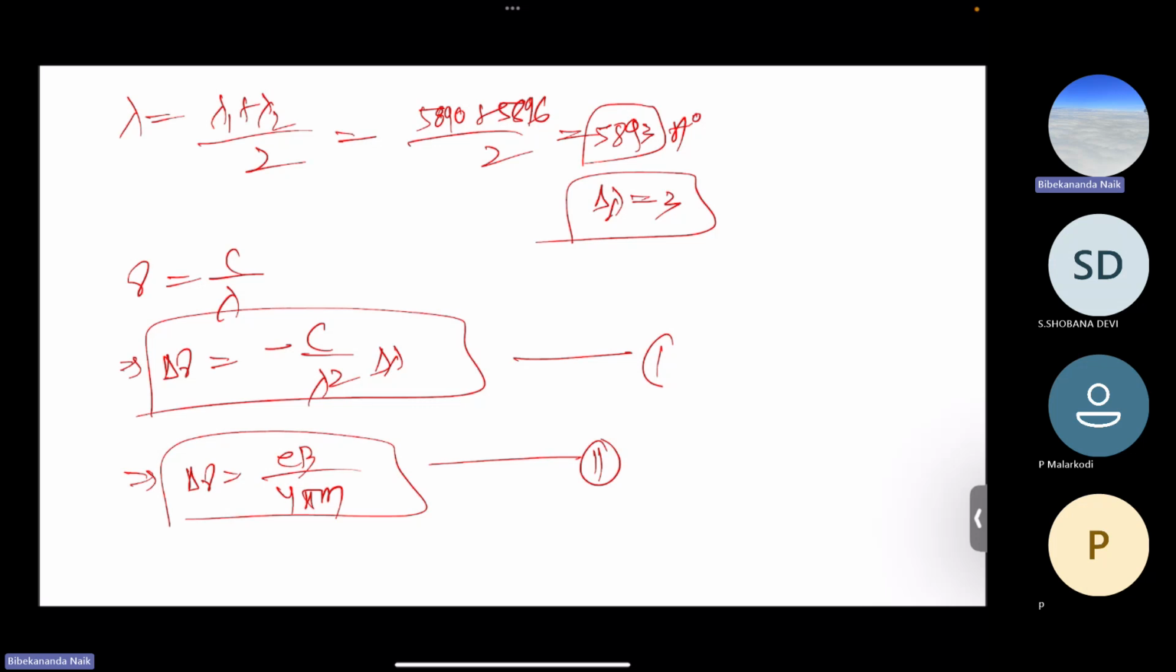So here B is unknown. We know the mass, because it is the mass of the electron. e is the charge of the electron. c is the constant, that is 3 into 10 to the power 8 meter per second. And the value of lambda is known to us. So lambda will be 5893 Armstrong, and delta lambda will be 3, because in between the two splittings or the two levels the difference is 6, so the delta will be 3, that is 6 by 2. So if you solve this,